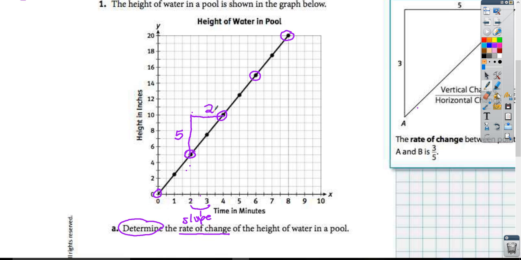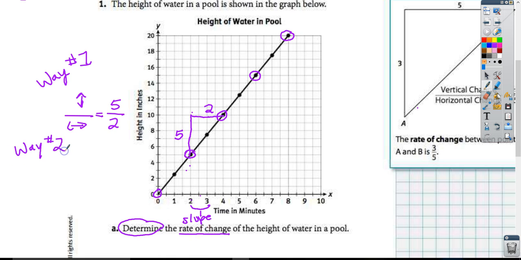Now I'm going to plug it in so it's a ratio. So a ratio of vertical over horizontal. I'm going to put the vertical, the 5, on top, and the 2 on bottom. Okay, so this is way number 1 to find the rate of change. Way number 2